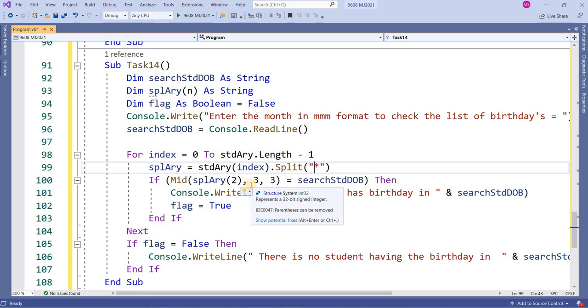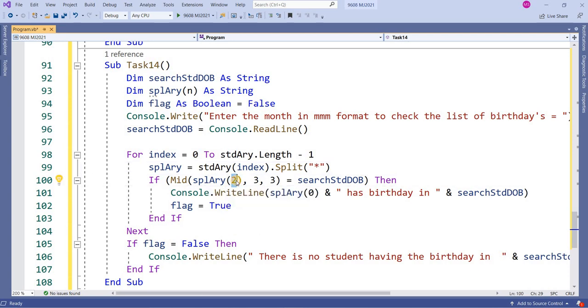APR means 3 characters. You are entering the value in terms of 3 characters, and it will pick those 3 characters from starting position 3. This is split array 2. Why is it 2? Because 0 contains the ID, 1 contains the name, email ID, and 2 contains the date of birth. That's why I'm picking this string.